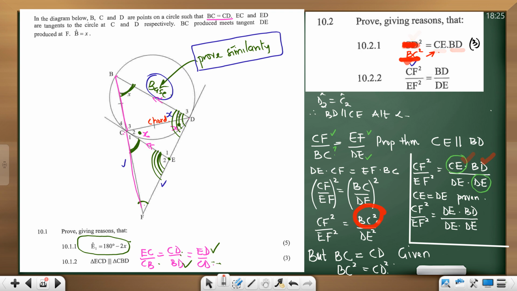All right. And now I check what I want. I want BD and DE. The only thing disturbing me is what? CE. And I'm checking, is there a relationship with these two? Are they equal? Yes. CE is equal to ED. Tangents drawn from the same what? Point. So I'm replacing my CE with DE so that I can